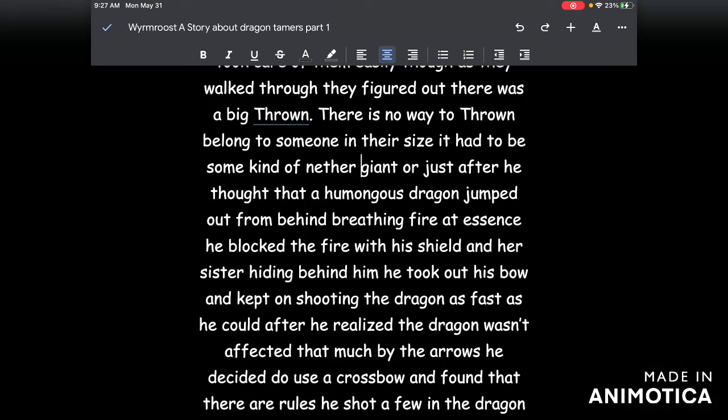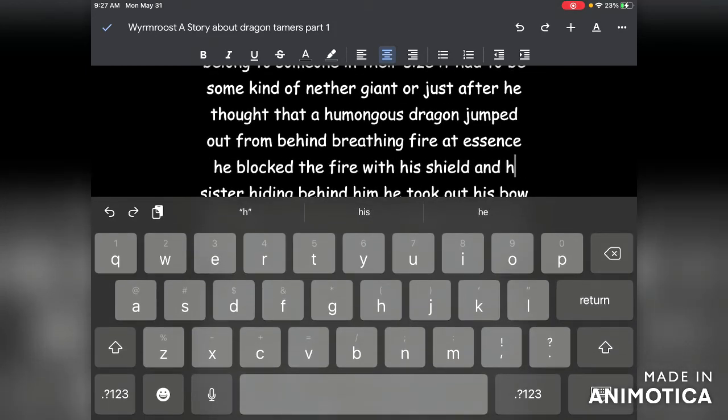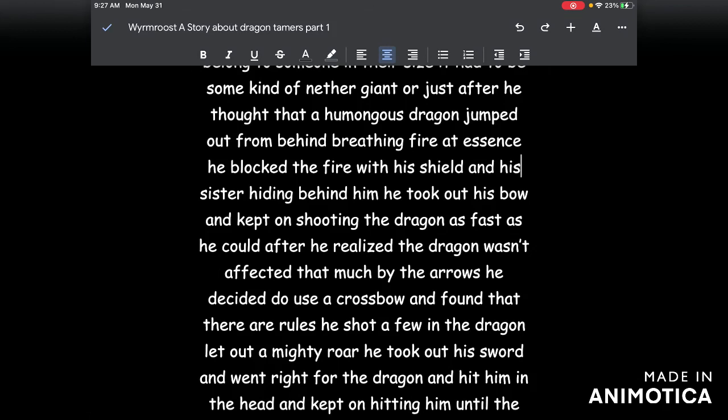giant, or just as he thought, a humongous dragon jumped out from behind him, breathing fire at Essence. He blocked the fire with his shield, and his sister, hiding behind him, took out his crossbow and kept on shooting the dragon as fast as he could. After he realized the dragon wasn't affected that much by the arrows, he decided to use his crossbow that he found, and